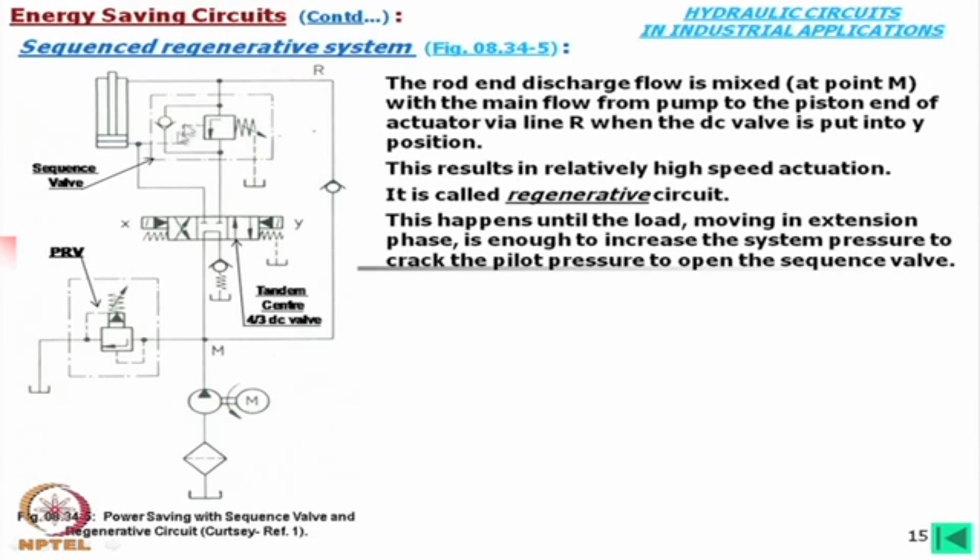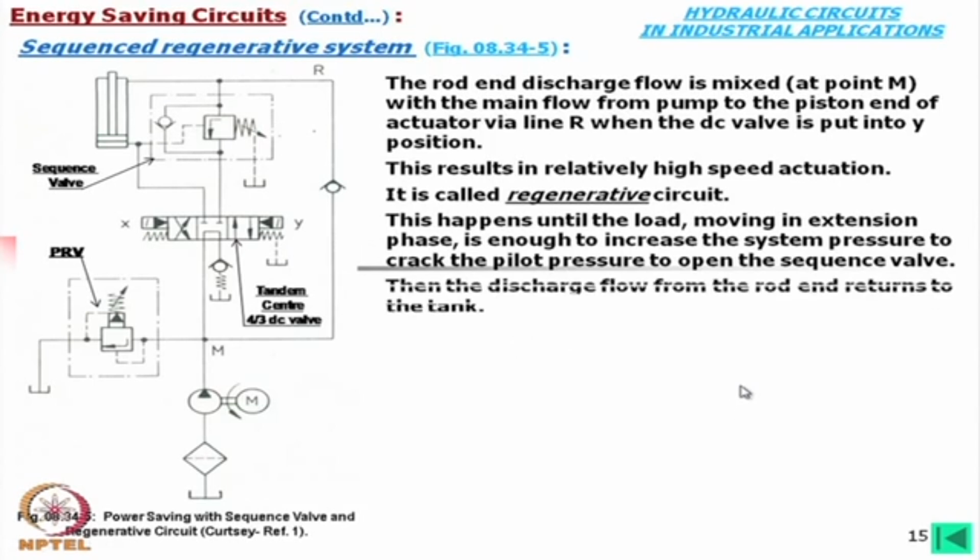Once the increase in pressure is there, then this valve will open, this valve will be operational, and then the discharge flow from the rod end returns to the tank. Then what will happen, this flow instead of being mixed, it will be back to the tank through this valve, through this line. It will not come this way, this will directly come this way and it will go